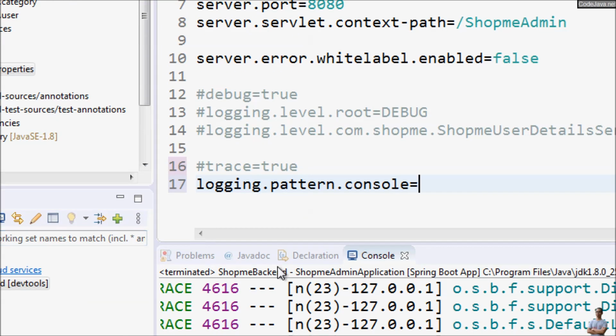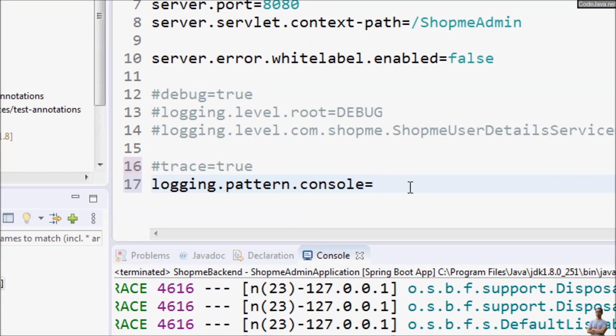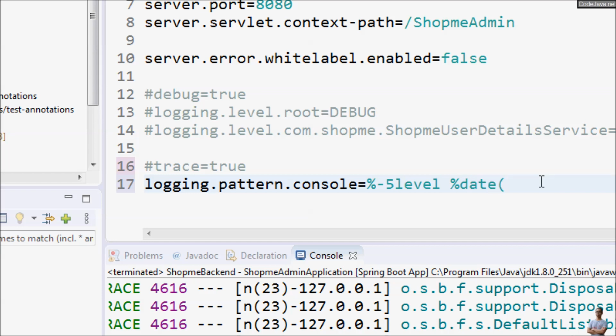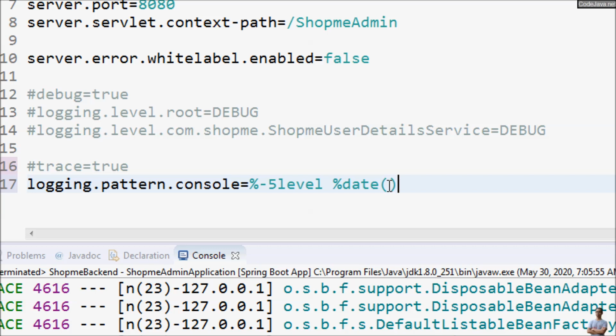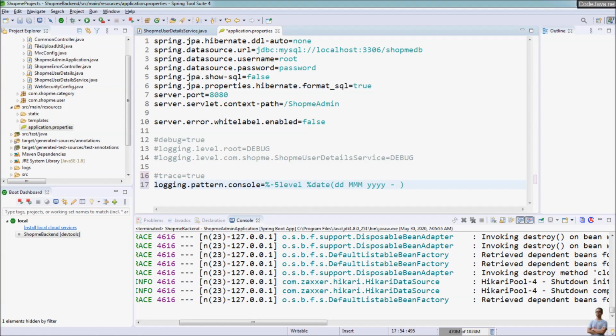For example, I want to show the log level first, so I can use the conversion word percent level for the log level, and then I want to show the date time next, so I use this syntax. This is a logging pattern for Logback, because by default Spring Boot uses Logback. I want to show the day first, then month, then year, and then the time: hour, minute, second, milliseconds,